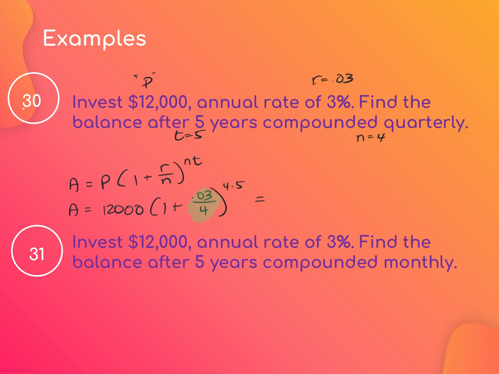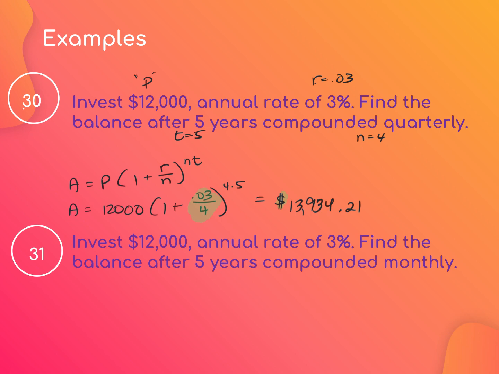Then you're going to raise that amount to the 4 times 5 power, which is 20. So you're going to raise it to the 20th power. You're going to end up with like 1.16 and this long number. And then you're just going to times it by 12,000. The last thing you're going to do is multiply it by the principal. And since we're talking about money, I'm going to round to the nearest hundredth. So there you go. That's how much money I'm going to have in the account 5 years later at that